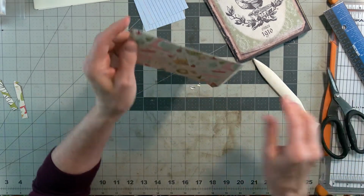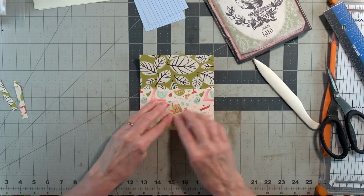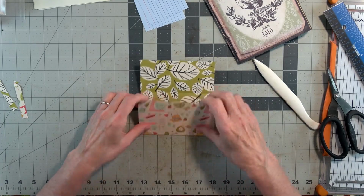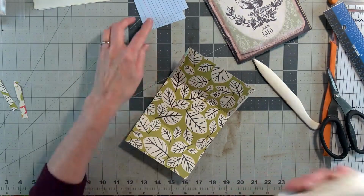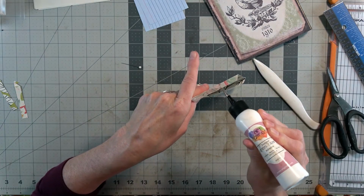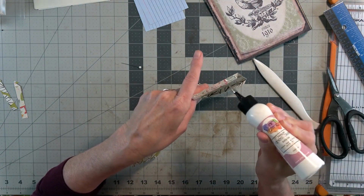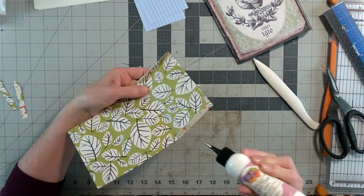Okay, we still need to angle cut those on the pocket there, just to neaten it up. And we are going to glue this part down. That, I hope, left us enough room for our 3x5 card. We'll find out. It might be that we have to trim down our 3x5 a little bit. I hope not, but...